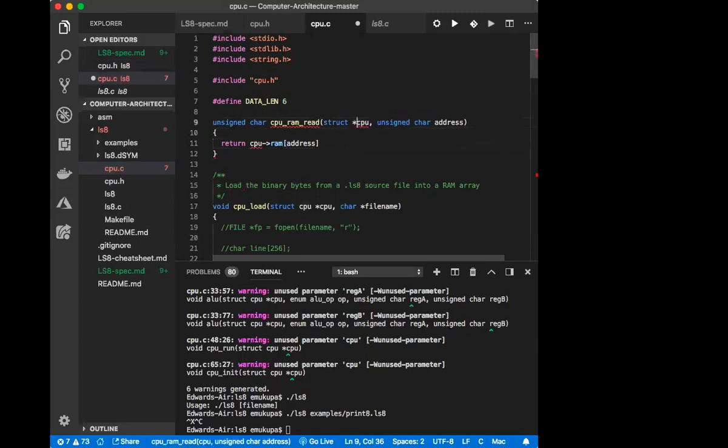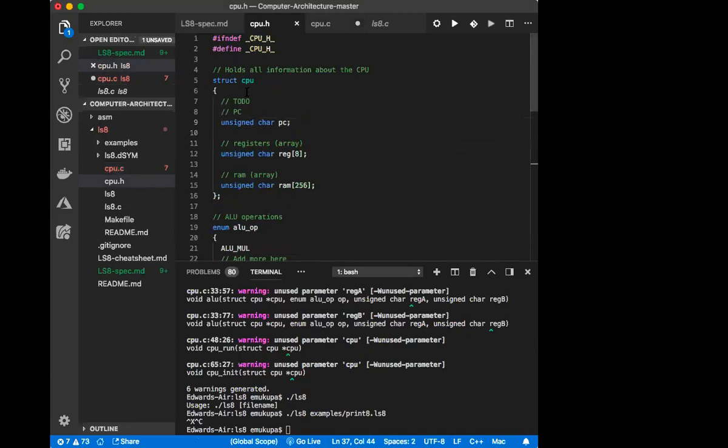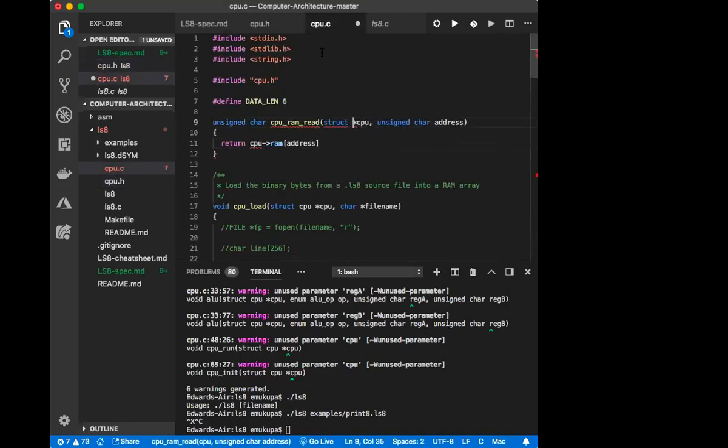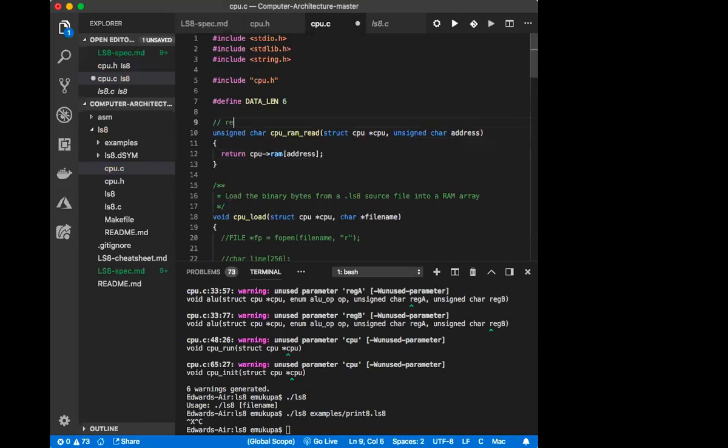Okay, we are passing in a pointer to the struct, and I think we define it as CPU. And I forgot that. Okay, so this is going to be reading from